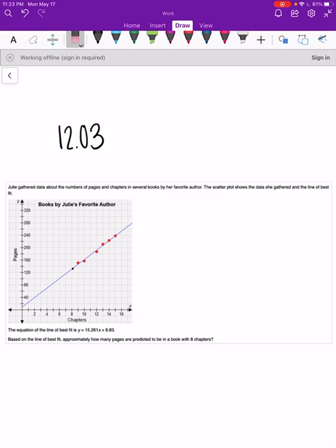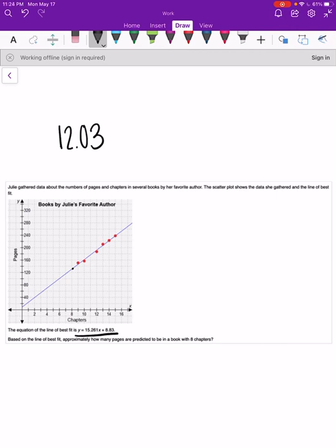This question says Julie gathered data about the numbers of pages and chapters in several books by her favorite author. The scatter plot shows the data she gathered and the line of best fit. The equation of the line of best fit is y equals 15.261x plus 8.83. Based on the line of best fit, approximately how many pages are predicted to be in a